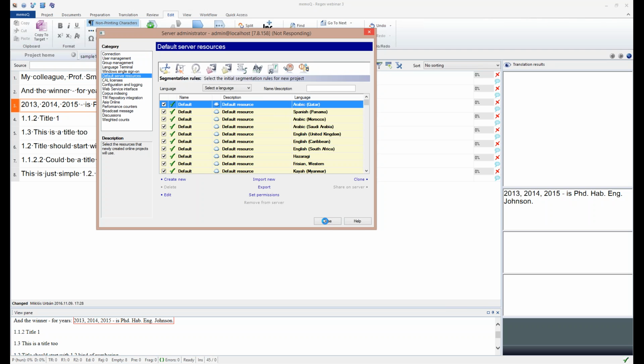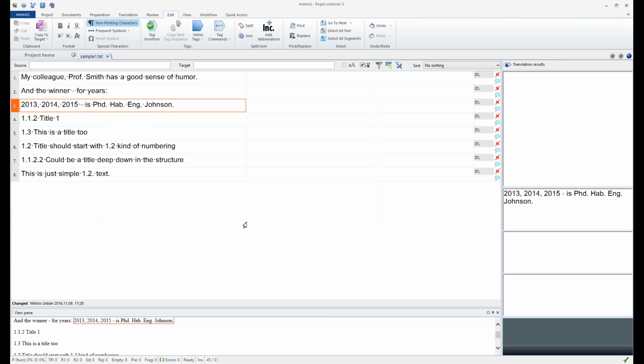Okay, it went into some infinite cycle. Okay, right, so we want to solve this problem with years,